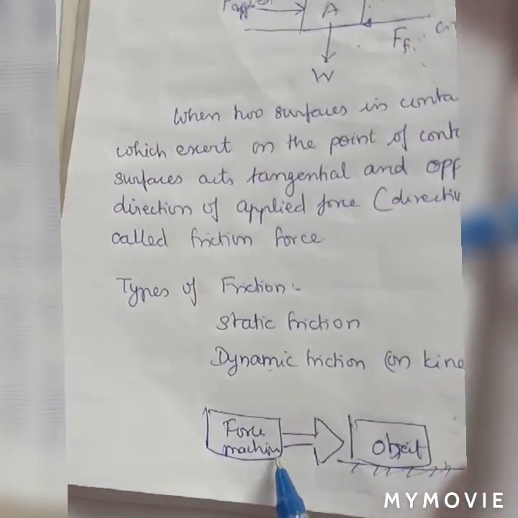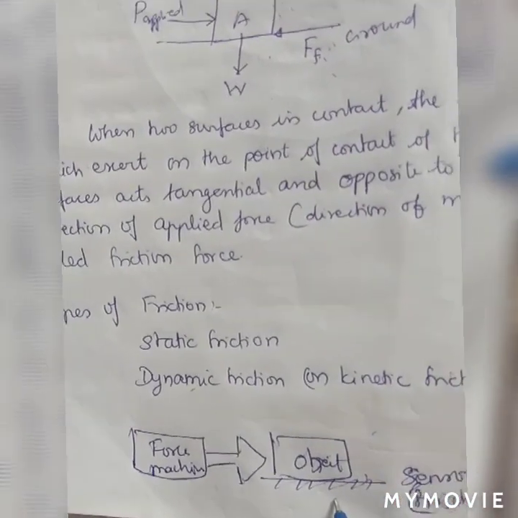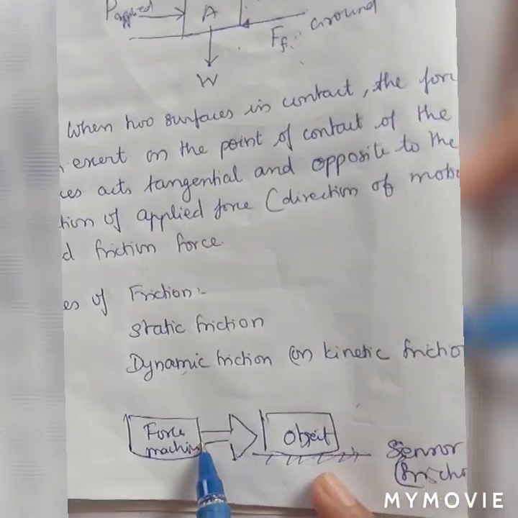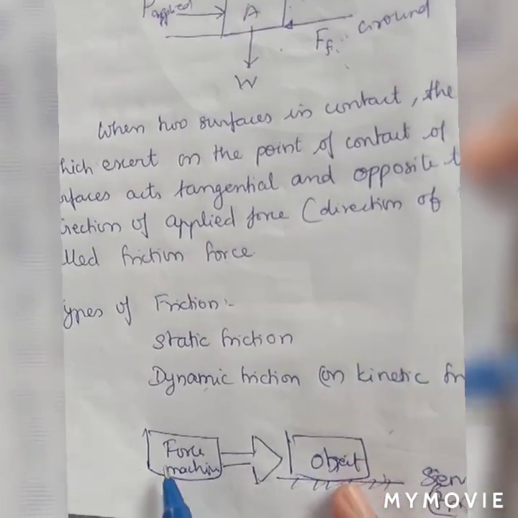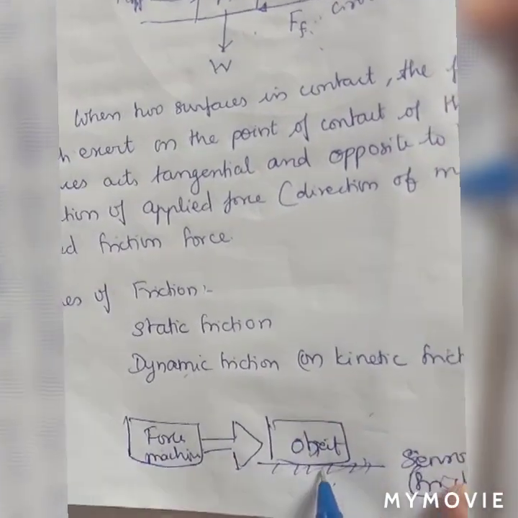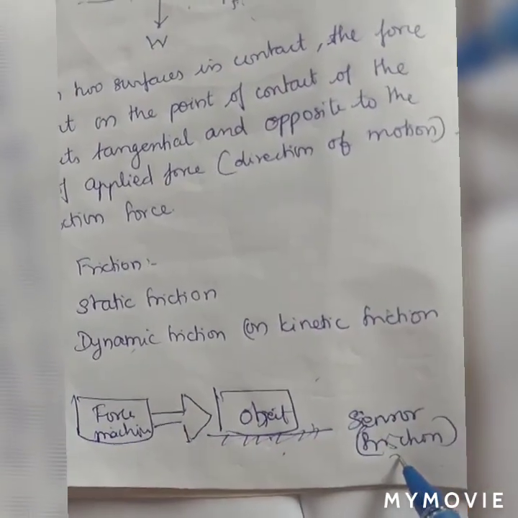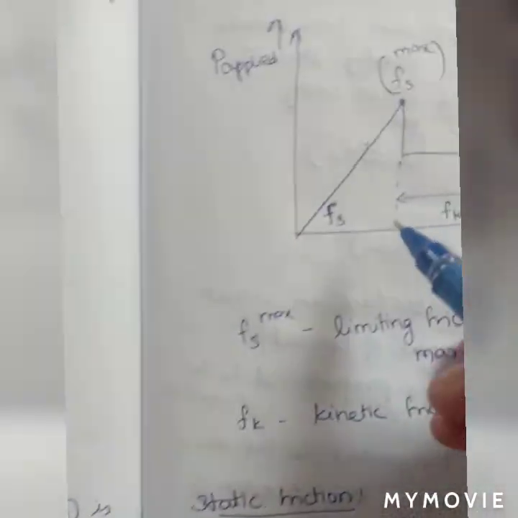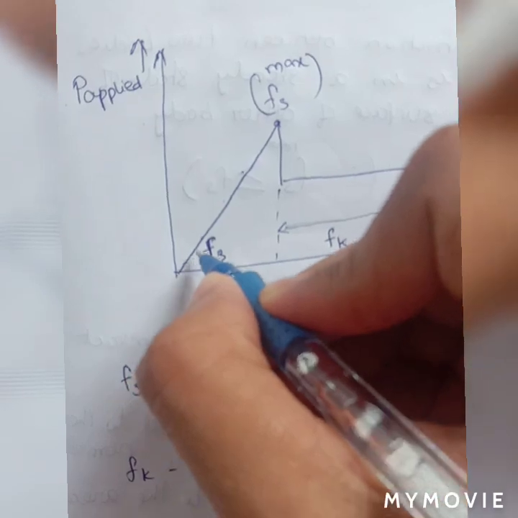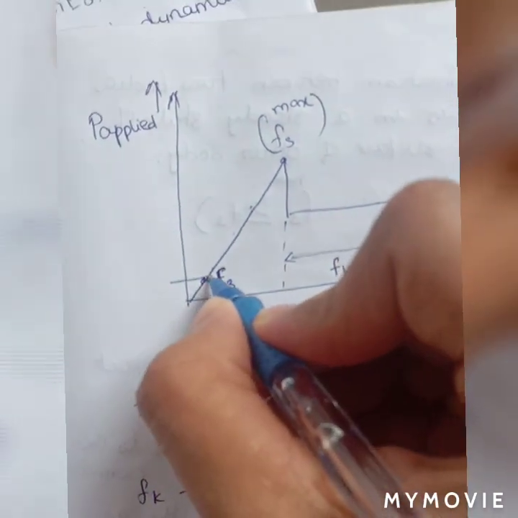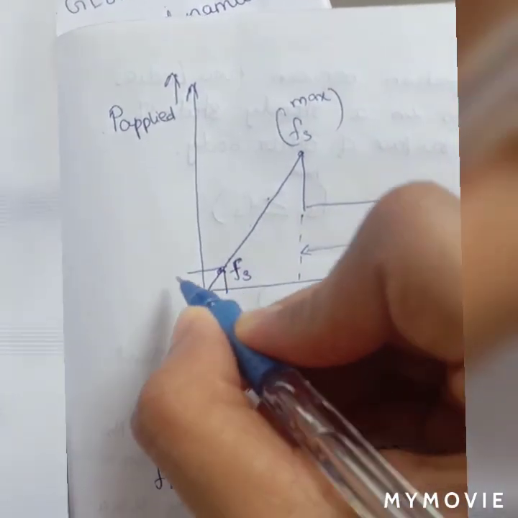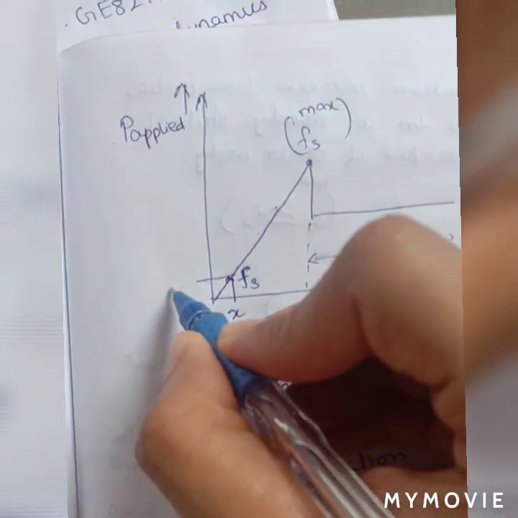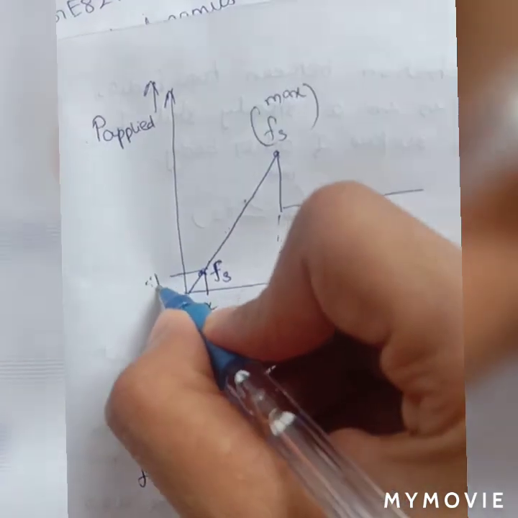And then you apply some more force, still the object remains the same, right? So whenever the force applied by the force machine to the object overcomes the frictional force, then only the object starts to move. Is that clear? So that is the same condition here. Here is the first condition. You applied this amount of force, the frictional force developed will be this much. Your x coordinate will be the frictional force for this condition, for the amount of force applied here,